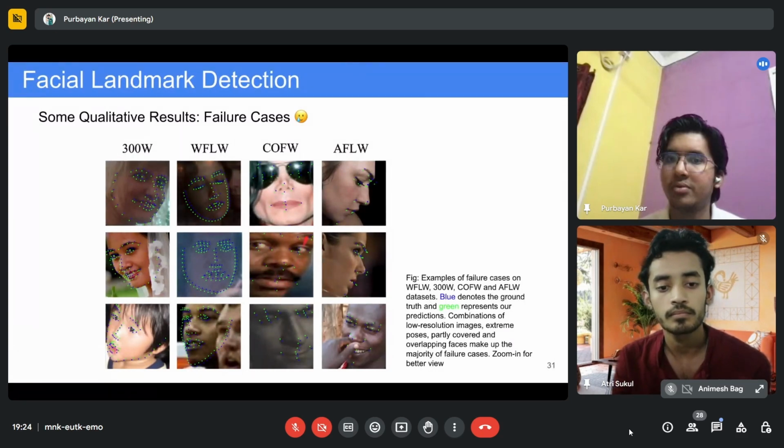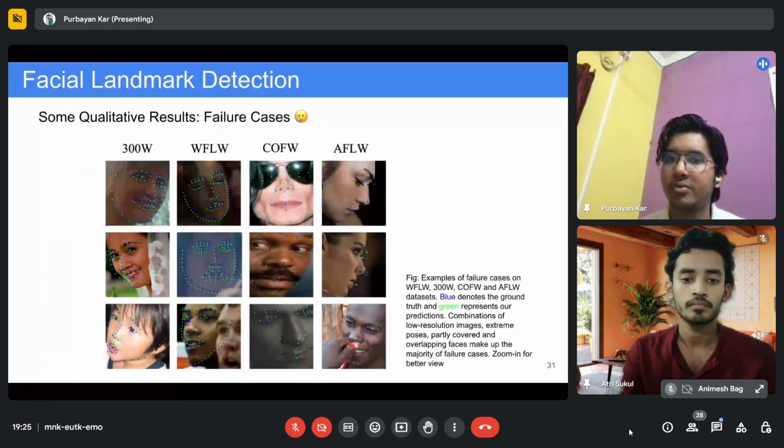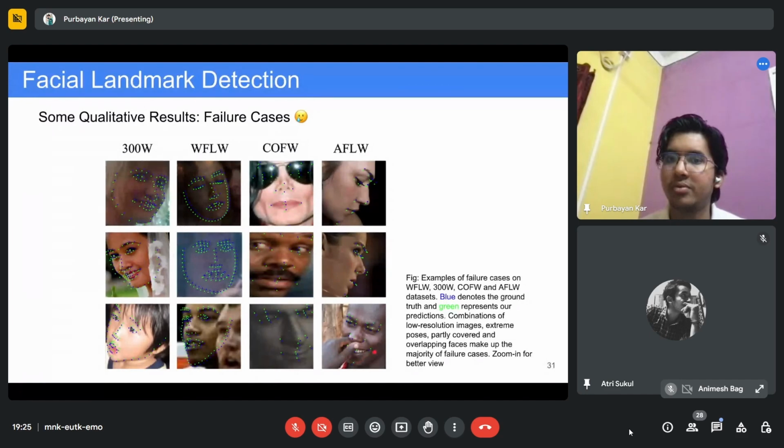Again, in this face, the face is very zoomed in. There are extreme profiles, like 90-degree profiles, where you have to predict the landmarks. So these are some failure cases. Again, when two persons are there, the jawline portion is not at all visible. So this is another issue. And there are even some objects on the face, like in this case, the hand of this person. At that point also, the model is not able to predict properly.